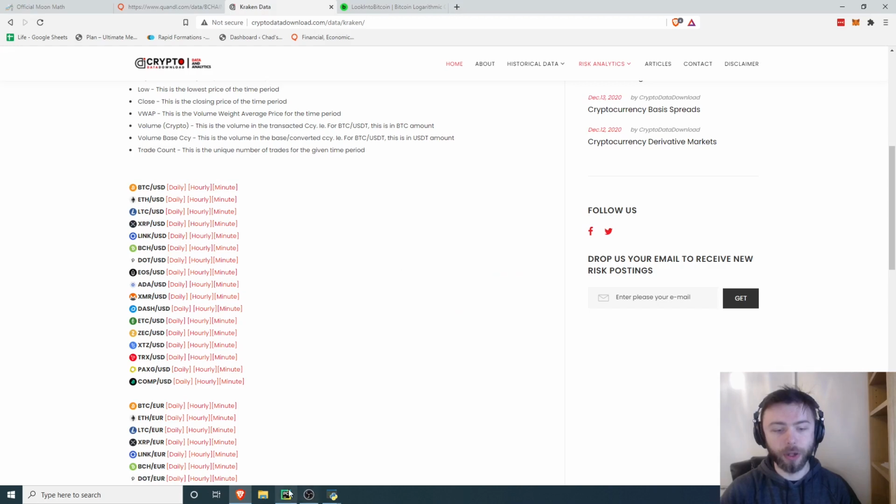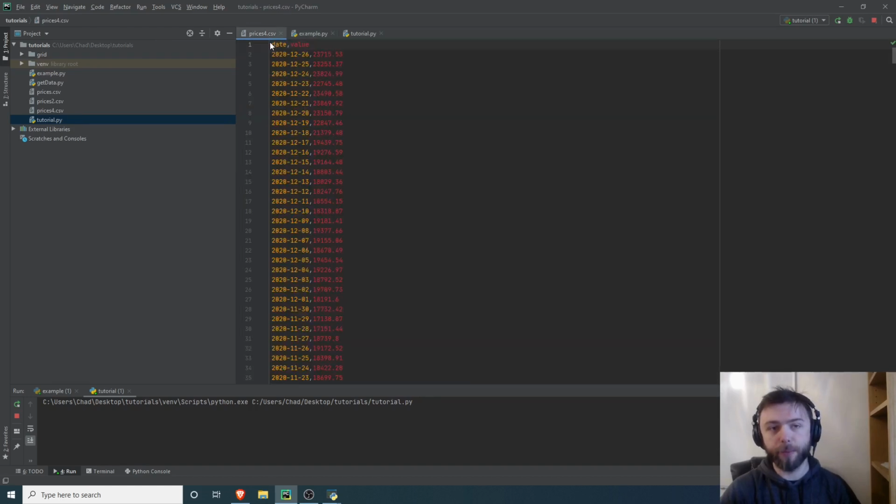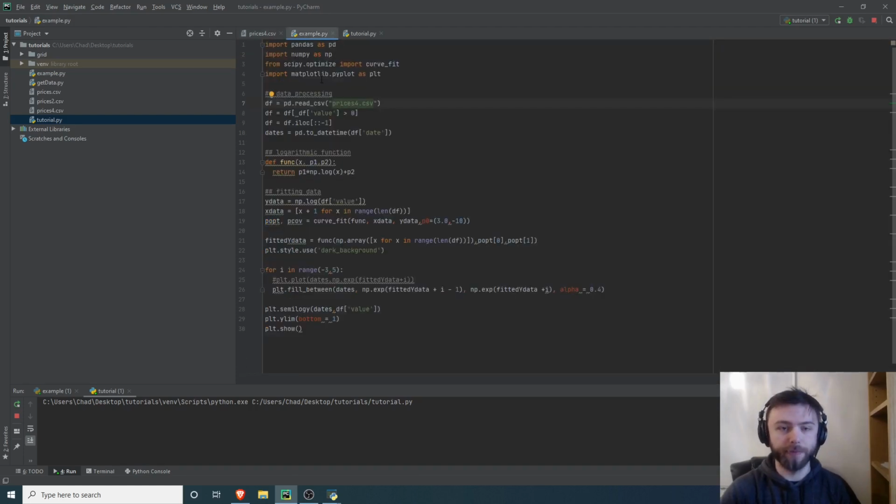If you're just looking for the code, you can pause the video now and copy what I've got on screen. And that'll work as long as you've got the correct modules installed and you've downloaded the price data from Quandl, you've named it prices4, and you change the headings here to the non-capitalized versions. So let's get started on going through this code.